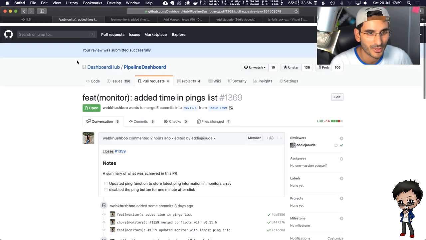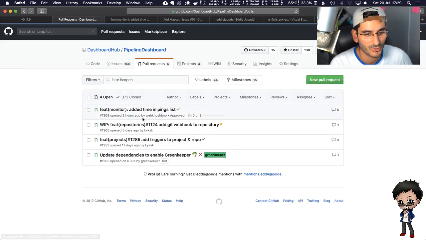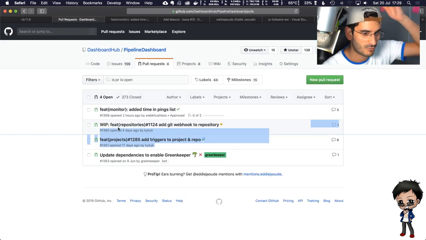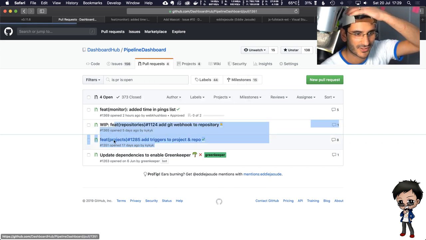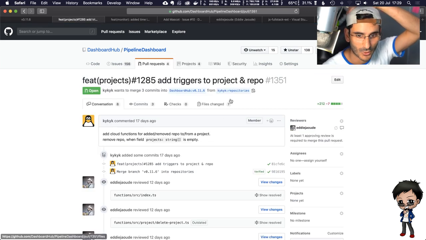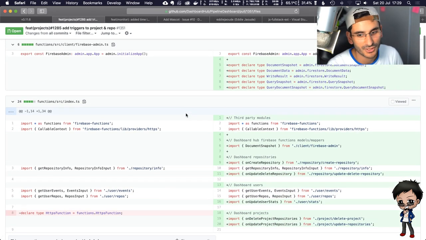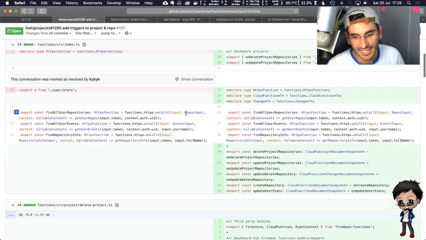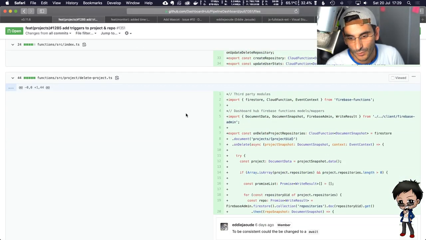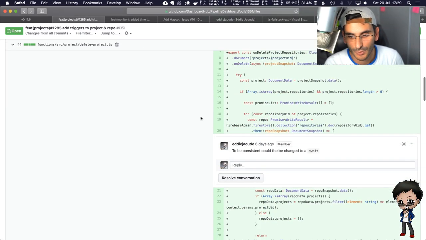And then the other point of this stream was for me to review. Another developer's committed 2 PRs. I need to review those, but I think I might have to wait till tomorrow morning because they're quite big, and they're stuff that I don't know about so much. It's more in the cloud functions and working with GitHub's API as well.